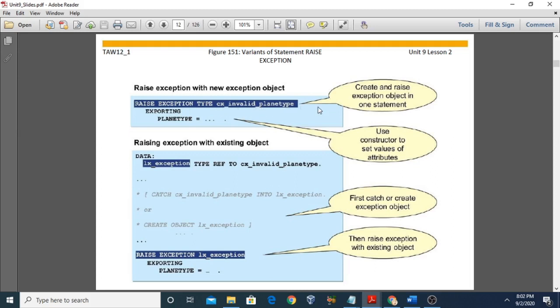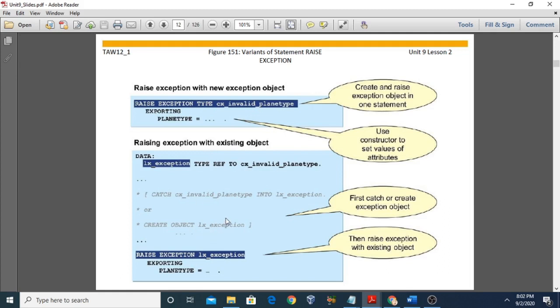That statement can be used to create an instance of the exception class and raise the exception in a single step. The second way of raising an exception is RAISE EXCEPTION and then giving the object reference variable. This statement can be used when an exception object is already defined.